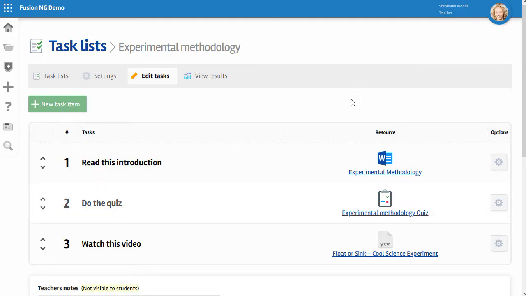Task list provides a step-by-step route through learning materials. This might be a simple lesson or learning that goes on for days or even weeks. They're ideal for revision, and you can also set a task list for a colleague who's going to be covering